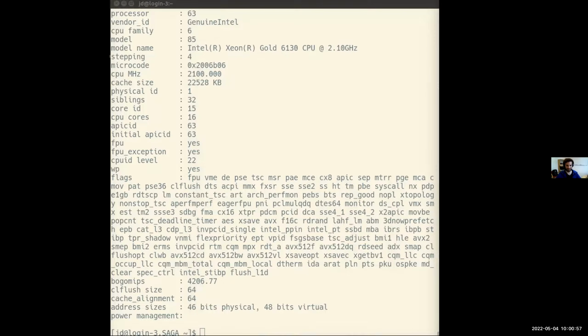Okay, let's go back. The login node alone is a lot more powerful than the PC I use here now. But the actual calculations will run on the compute nodes.